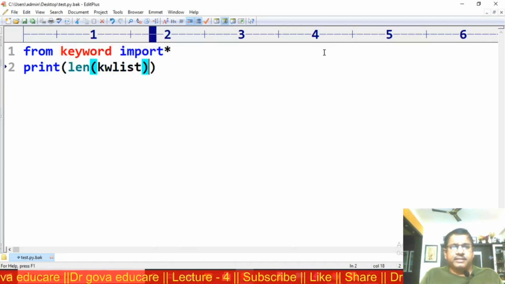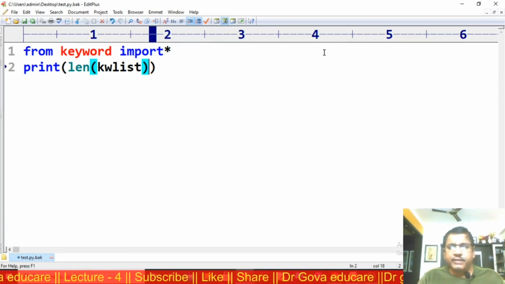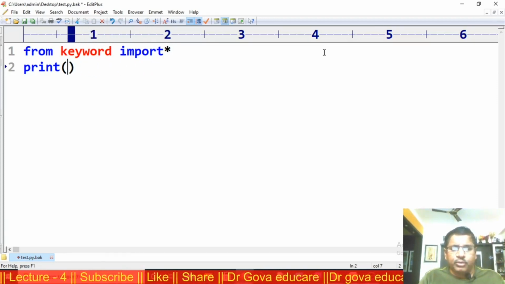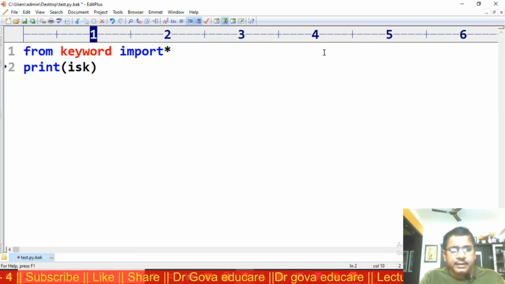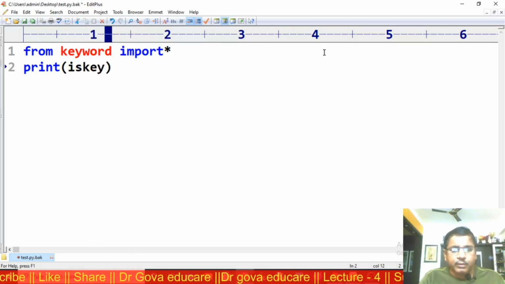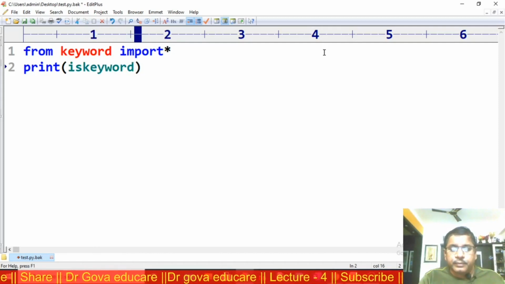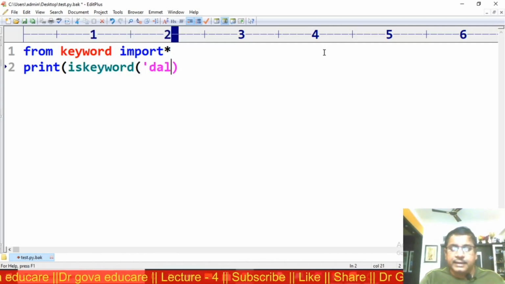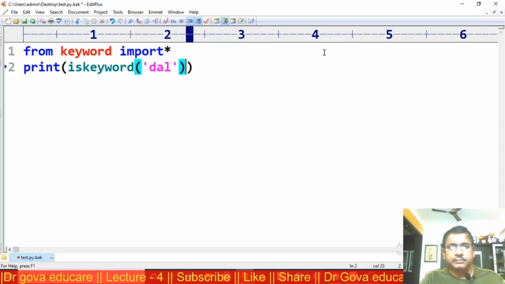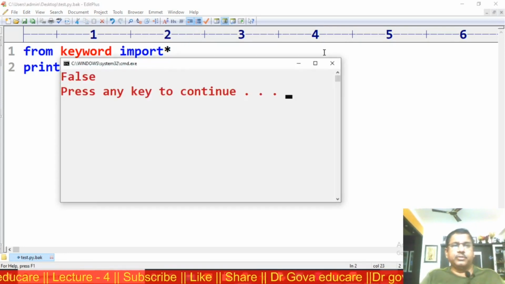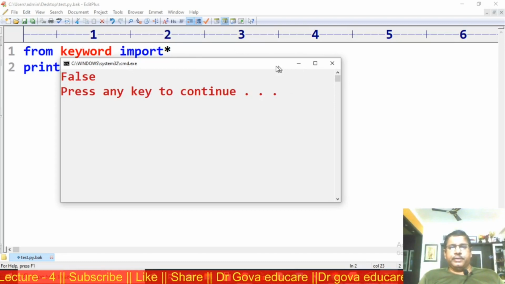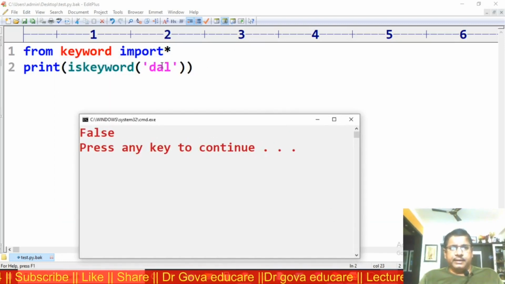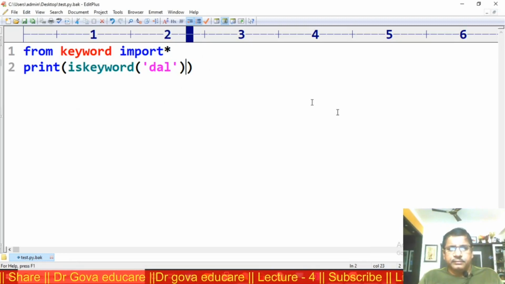Now I want to check whether a word is a Python keyword or not. There is a built-in function iskeyword. I am checking whether del is a keyword or not. Execute the program. If it returns False, it is not a keyword.